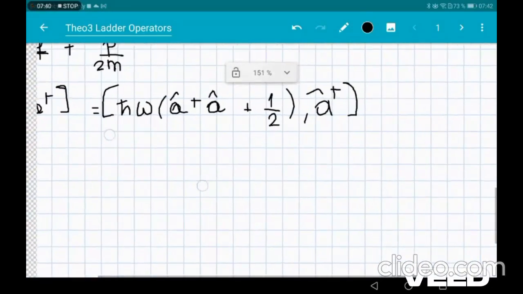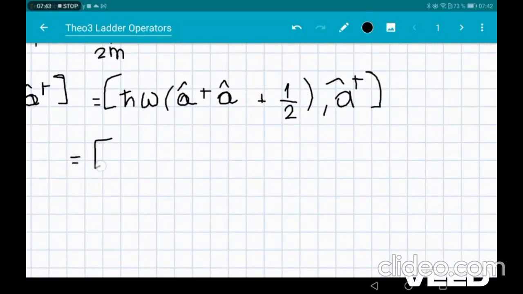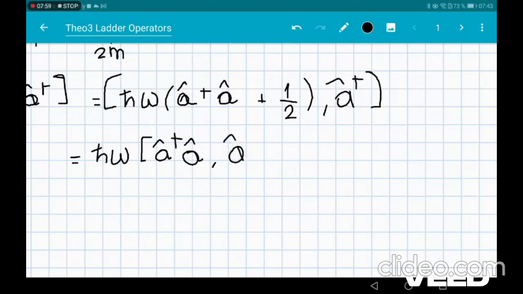If we expand these brackets, I can pull the h bar omega in front, and I have the commutator of a dagger a with a dagger,